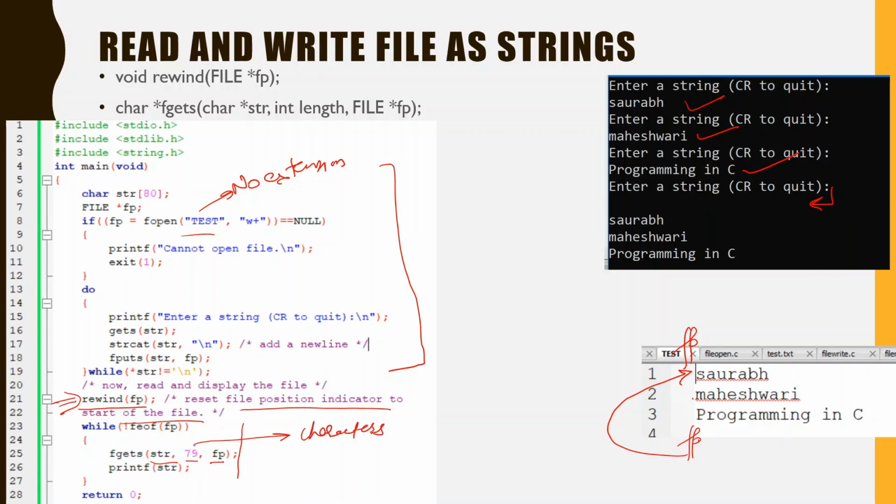Since the size is 80 and the last one would be the null character, we are going to access 79 characters from the file pointer, and then we will move forward to the next string. So we can use fgets to read the strings from the file one by one. This is the method of accessing the file in the form of strings.